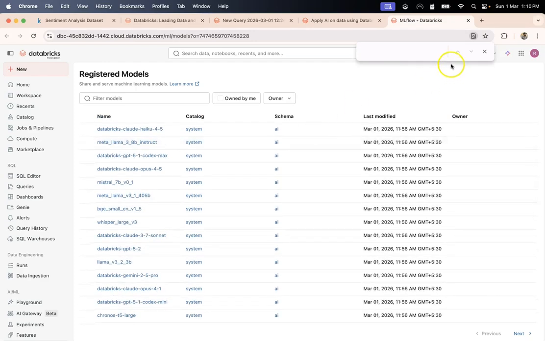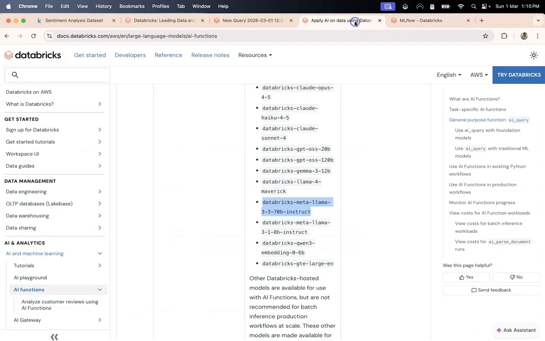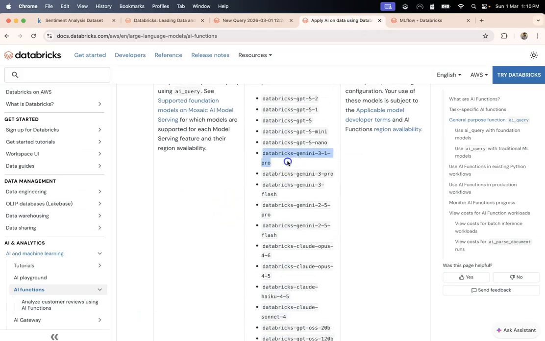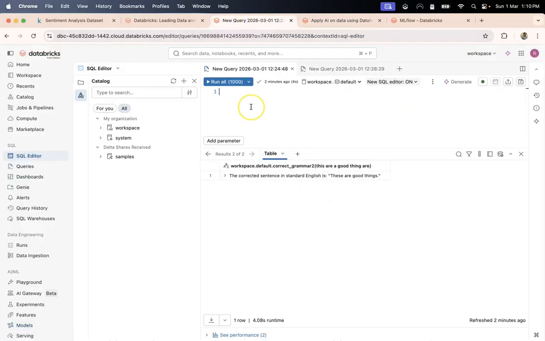Okay, so now I want to use these models in my SQL query with my AI function. How can I do that? So let me do select comment from sentiment data.